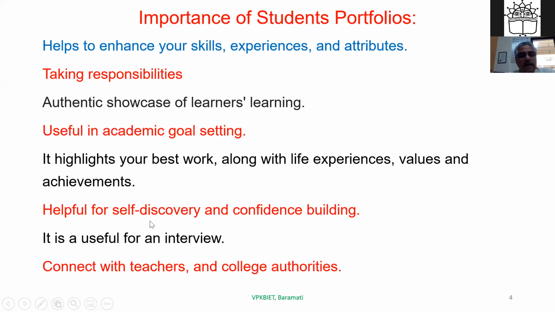It helps self-discovery and confidence building, because confidence is required everywhere. It will definitely help your interview skills, once you perform well in all these activities.